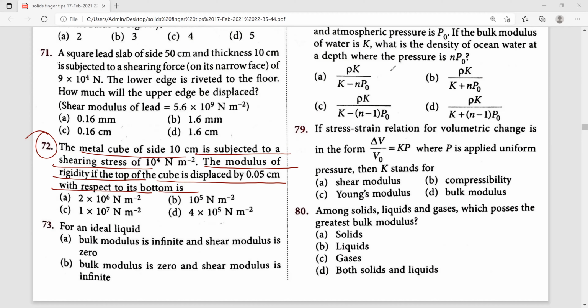Here, this is calculated by using the formula eta is equal to shearing stress divided by shearing strain. So just substitute the values, that is 10 to the power of 4 divided by 0.05. So we are able to get this value as 2 into 10 to the power of 6 Newton per meter square. But before that, the shearing strain,